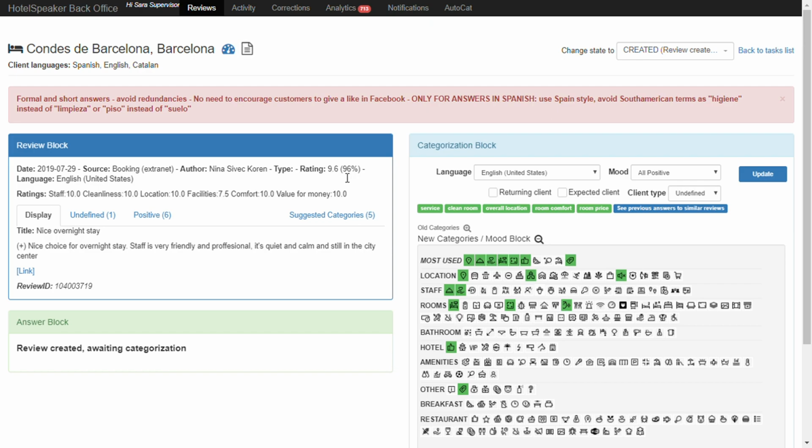As it's 9.6, this means it's out of 10. Some reviews can be out of 5 and others out of 100. So just check this percentage here. Then we have the review language detected. If this is not correct or not set, we can change it in the categorization block, which we'll be looking